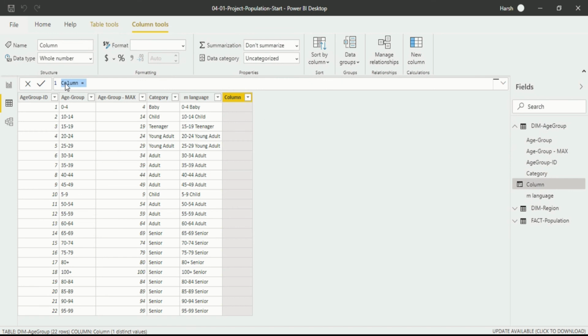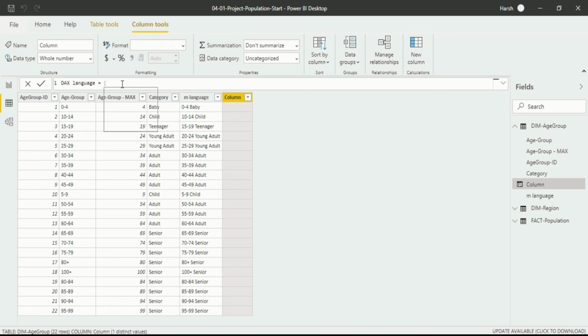First of all, I want to change the name. Here you will write a formula. First of all, I will write a column name, that is DAX language. I want to add this age group into category. So how to do that? For doing that, you have to use a skill that you use in Excel. You have to click on shift, and after that you have to give a close bracket.